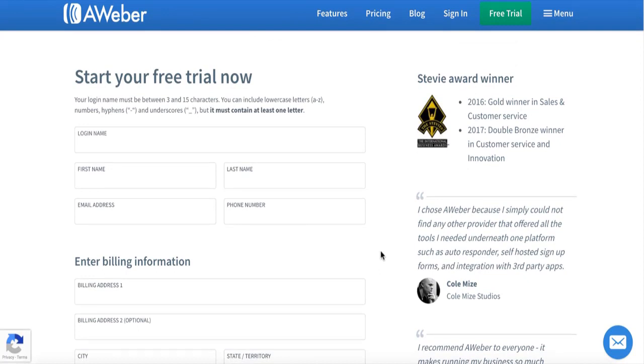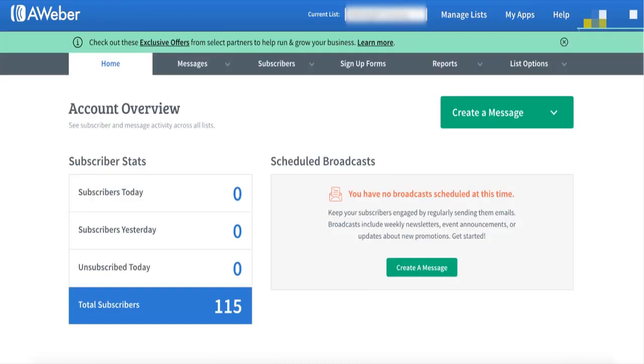Okay, so let me log in to my account so that I can show you how to get started the moment you log in. This is how your dashboard would look the moment you get signed in. Now, your dashboard might be a little different, because if you're just getting started with Aweber, you might not have any lists or subscribers. In that case, you might be on a different page where you are being asked to create your first